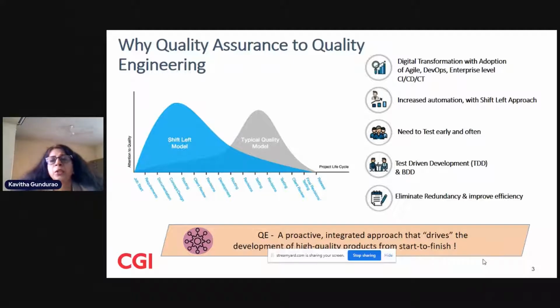We also need to test early and often, and test-driven development and BDD are being adopted in the industry. There is a lot of need to eliminate redundancy and improve efficiency as well. QE in a nutshell is a proactive and integrated approach that drives the development of very high quality products from start to finish. So to make QA interesting, we all need to adopt quality engineering principles and processes.